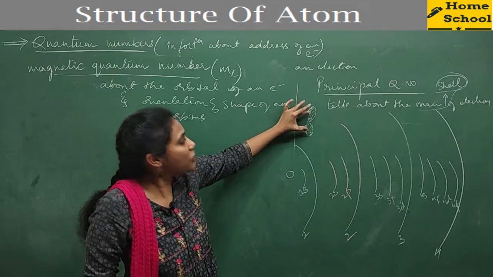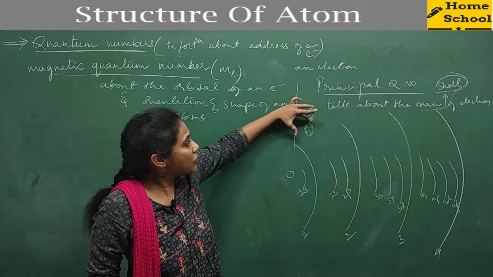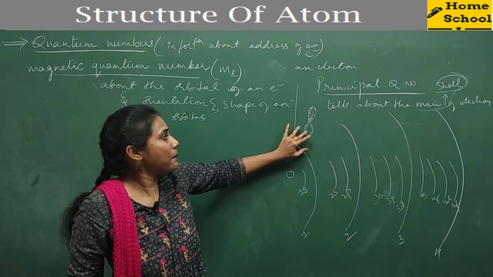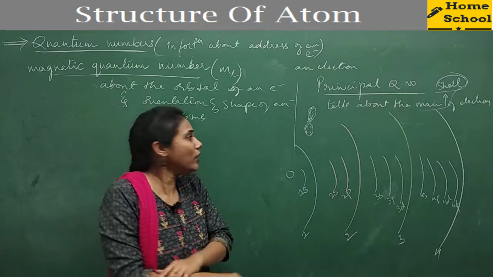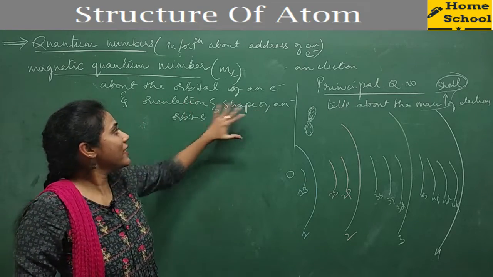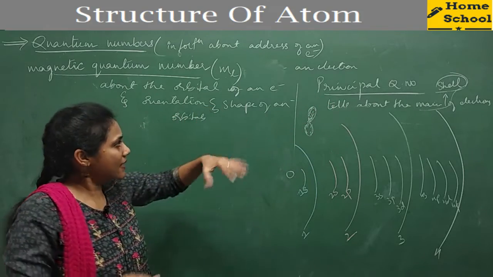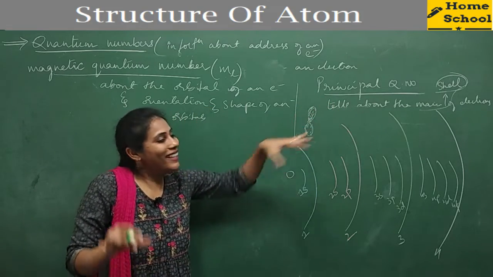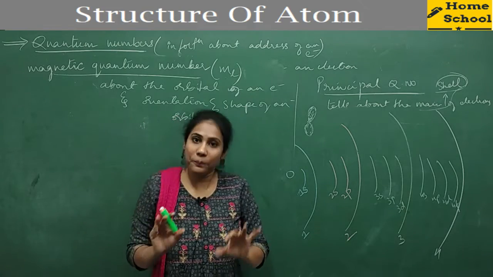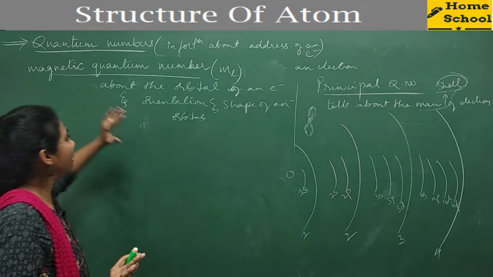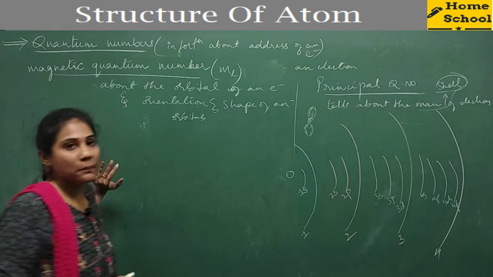I mean, this is the shape of the orbital. The orbital is this region, but this region has this particular shape because the electron is revolving in this fashion. Right? So that is what we mean by orientation and shape. Orientation means the direction of the orbital. Shape means the pattern in which the electron is moving in that small area. Okay? So that is what we mean by orbital, orientation and shape of the orbital.